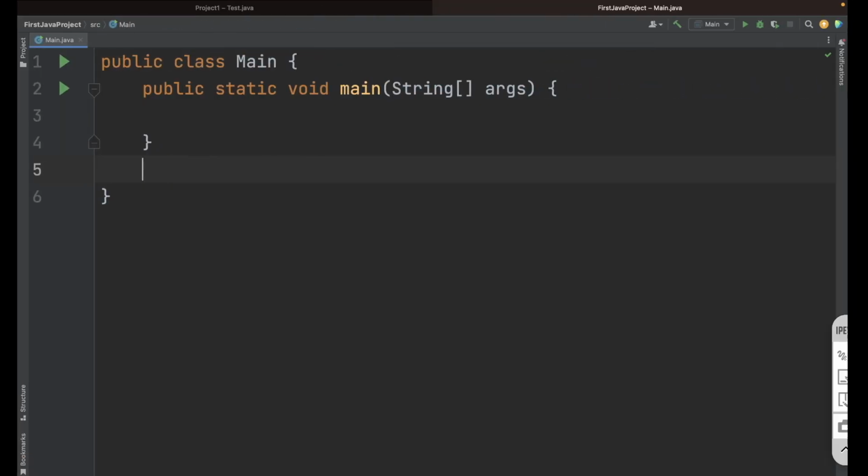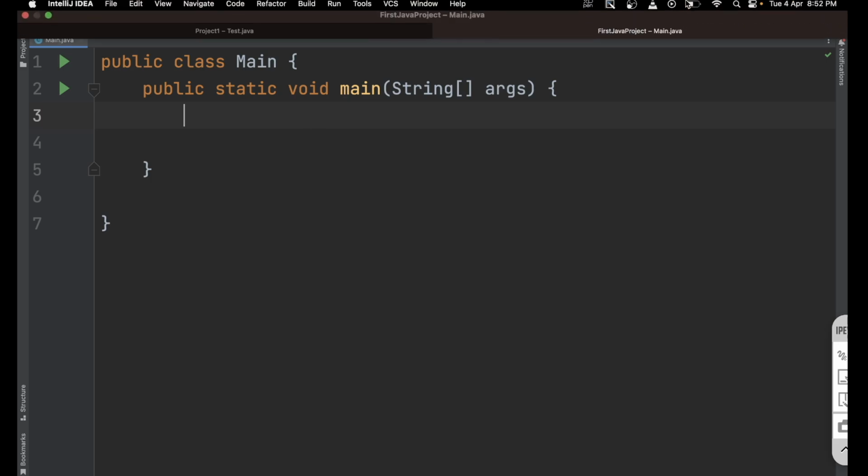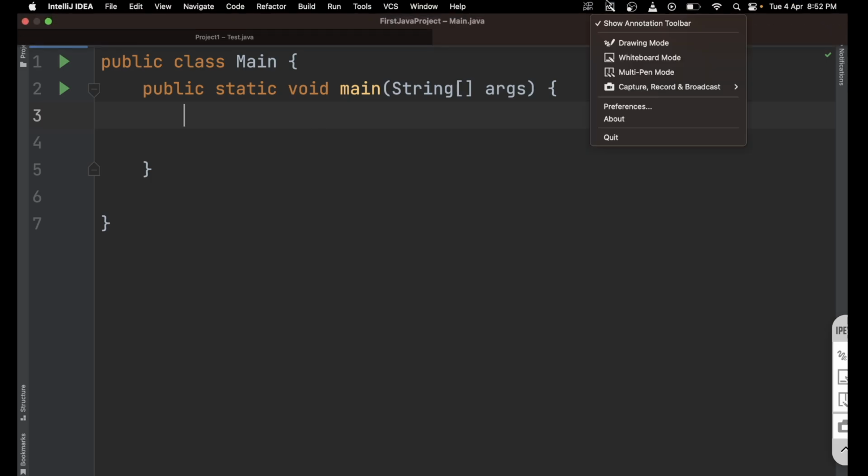Now if I open my IntelliJ, here see, the if condition or if control statement, why do we use it? Whenever you have to perform some condition check, and based on the result you want to write some logic, then you can use the if or else conditions. For example, let's suppose